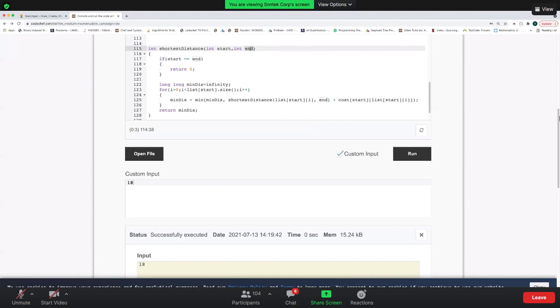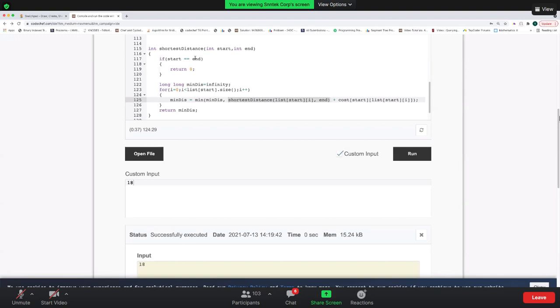I want my recursion to be a way in which I can go from start to end. So I checked which all positions I can go to from start. I iterated over all those positions. I find the shortest distance from that particular position to my end. This will anyway return me the minimum distance, and I don't have to take care about it because this is